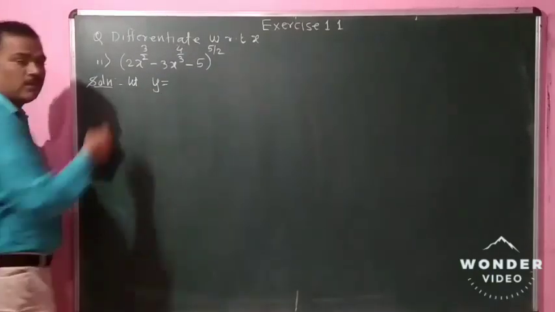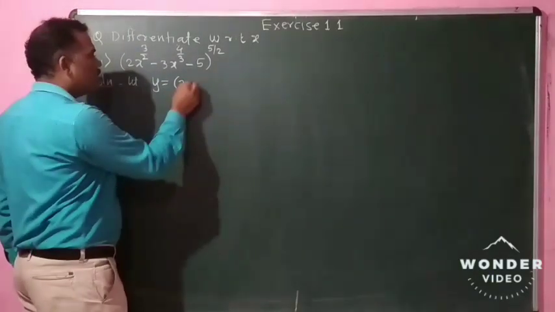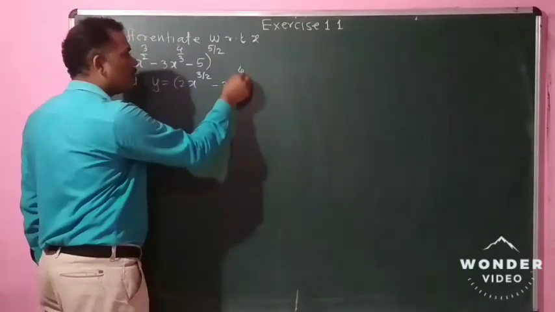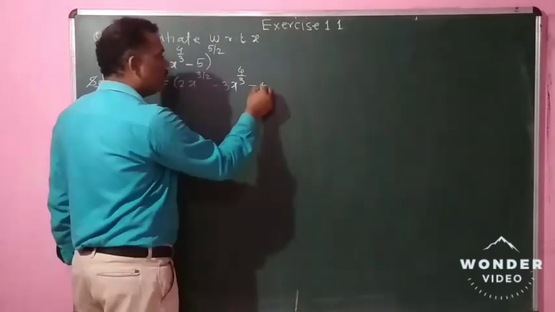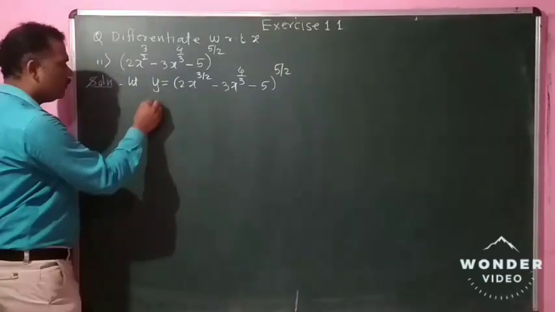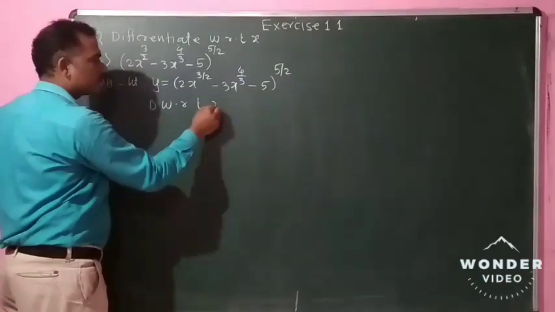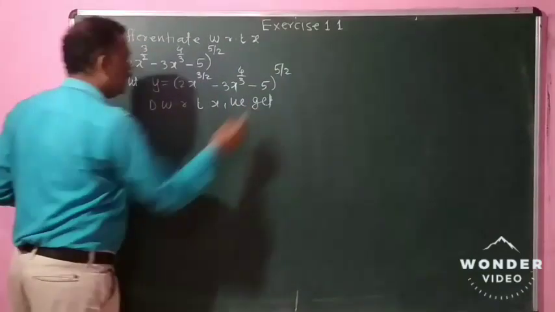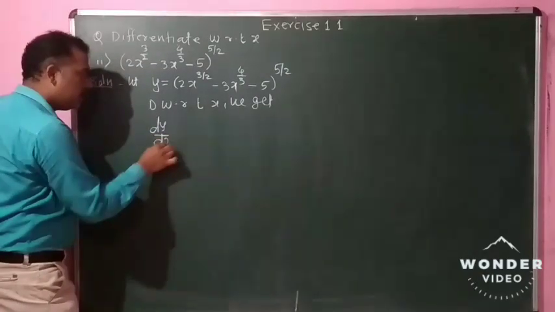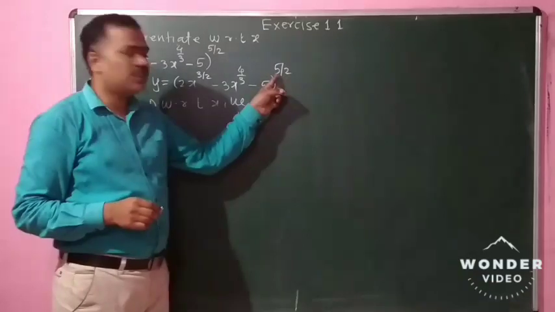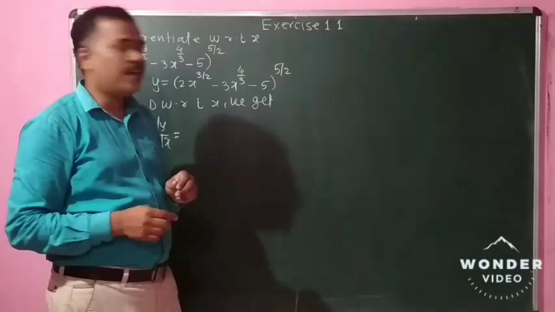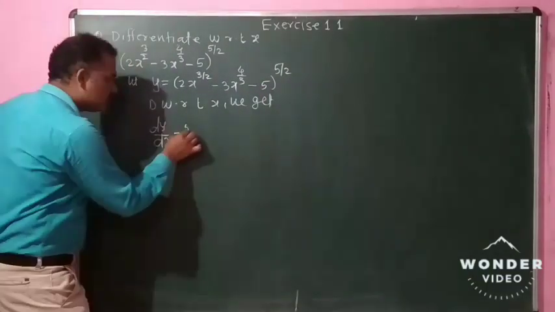Let y be equal to, we rewrite the given expression as it is, (2x^(3/2) − 3x^(4/3) − 5)^(5/2). We have to differentiate with respect to x. We get the derivative of y with respect to x as dy/dx. By using the power function formula, we know that the derivative of x^n is n x^(n−1). We take the power as it is, that is 5/2,